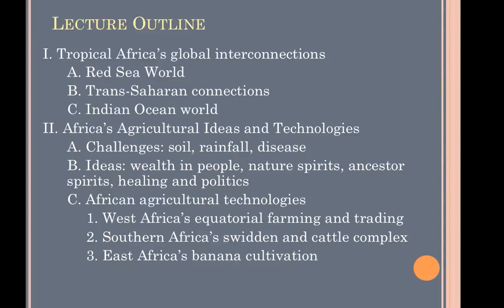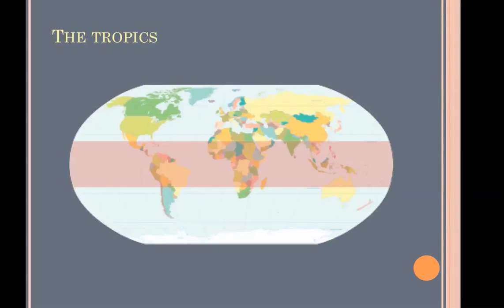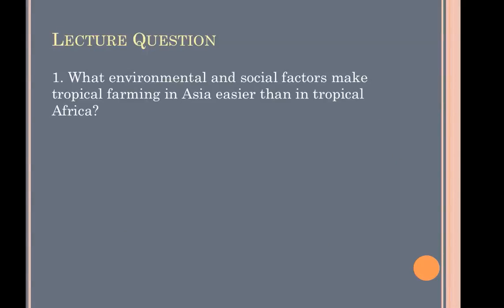Before we get there, though, I want to reiterate what the textbook did, that there are some broad interconnections anywhere we go in the world within the tropics, between the Tropic of Cancer and the Tropic of Capricorn. They share a lot of similarities. You should have had a sense of that also from Gilbert and Reynolds. But there are some important distinctions that do, in many cases, place Africa in a regional category of its own. And so I want to just doubly emphasize this.